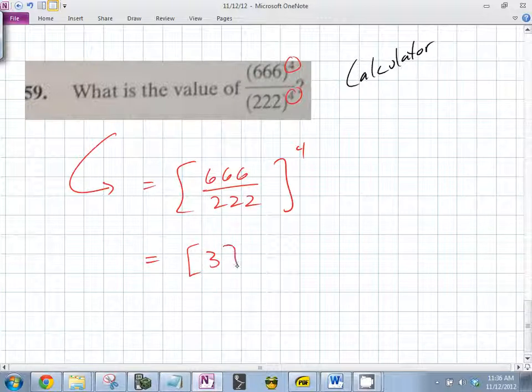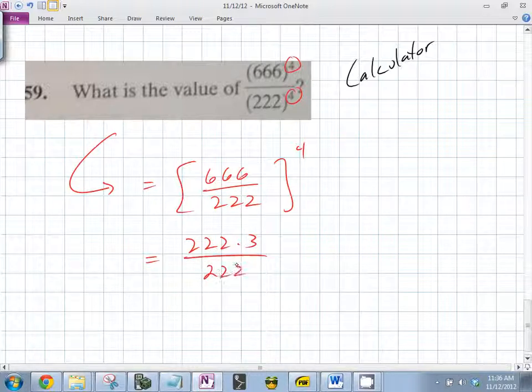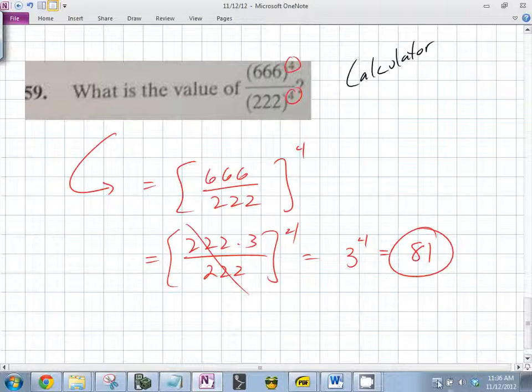3. And the reason you know that is because this is just 2 to the 2 times 3 over to the 4th. That cancels and you're left with 3 to the 4th, which is, oh, come on, kids, 81. Good job. It's just 81. So